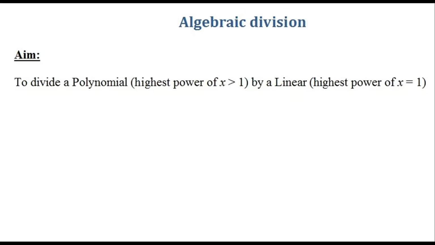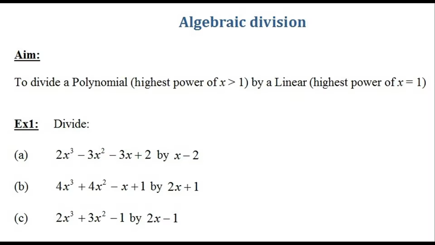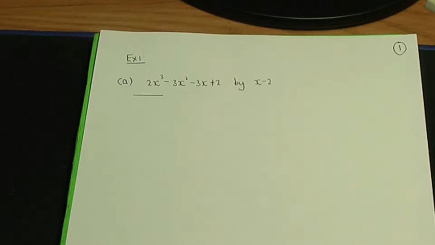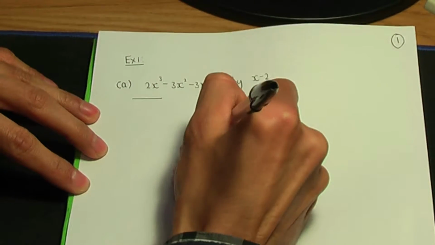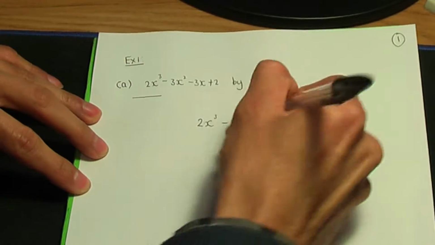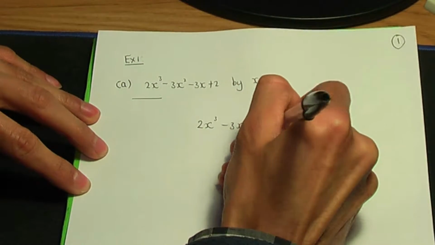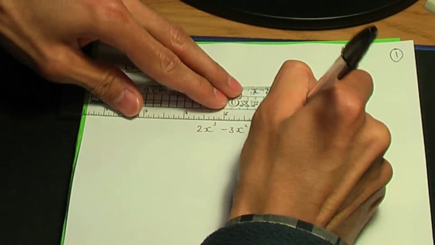I have a few examples. Example 1 part A: let me show you how to divide algebraically 2x cubed minus 3x squared minus 3x plus 2 by x minus 2. So back to the paper and pen. In this case we have 2x cubed minus 3x squared minus 3x plus 2, and we're going to divide this polynomial